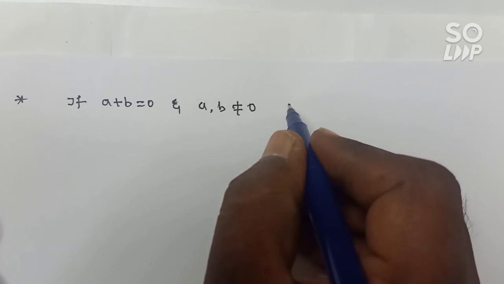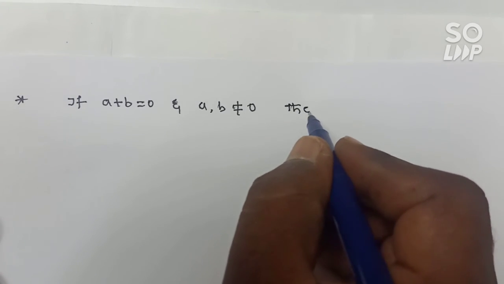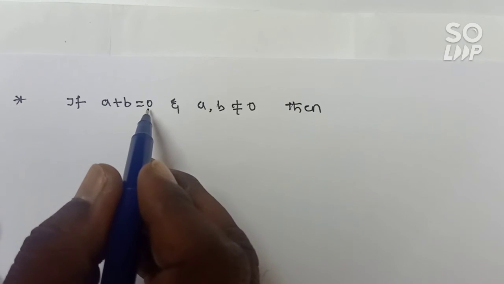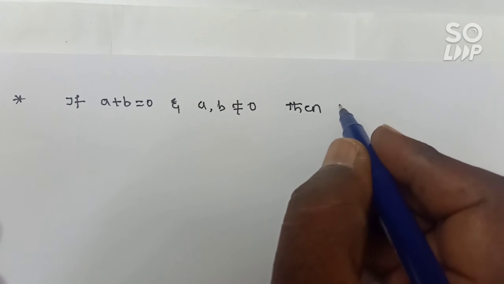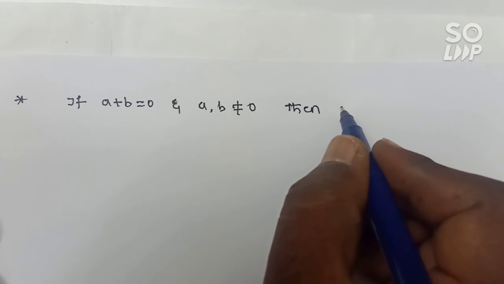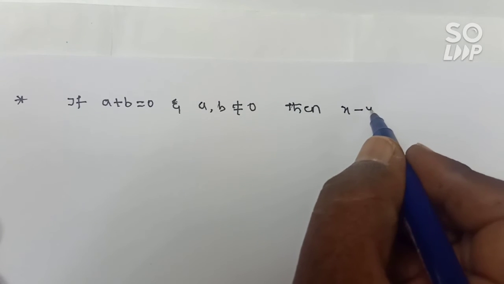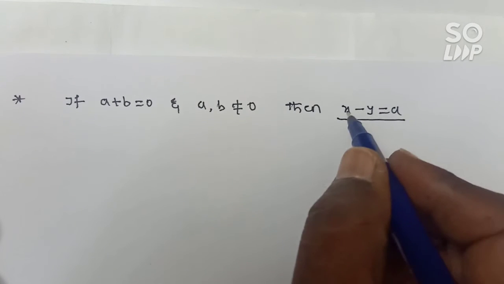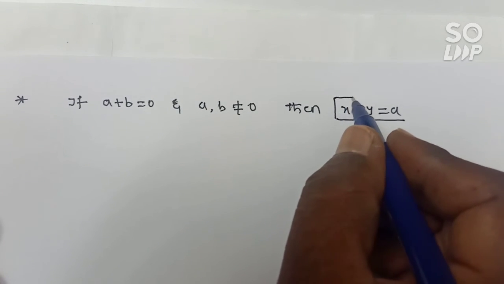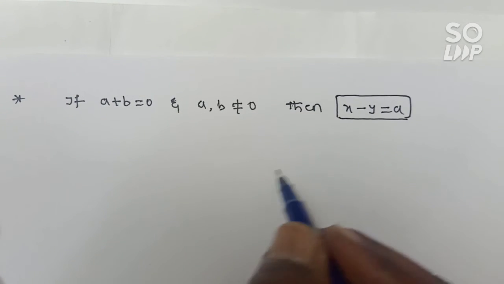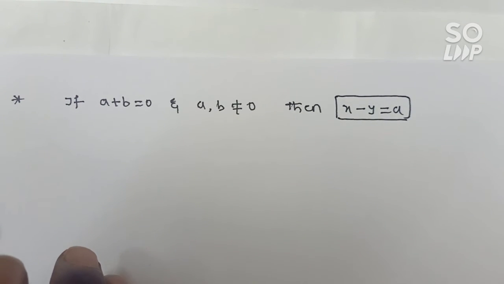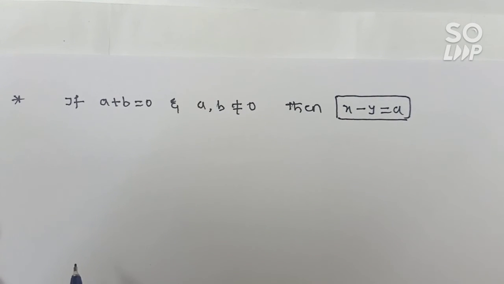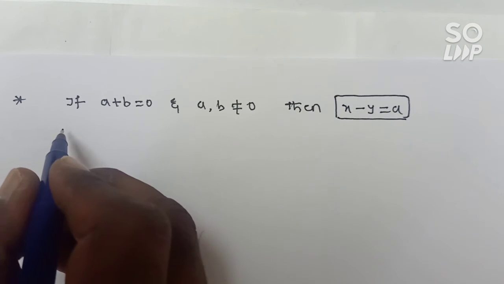So look at this one. Then A is equal to minus B or B is equal to minus A, then the equation will be x minus y is equal to a. So this is the equation of any line whose sum of non-zero intercepts is 0: x minus y is equal to a. Now the next one is